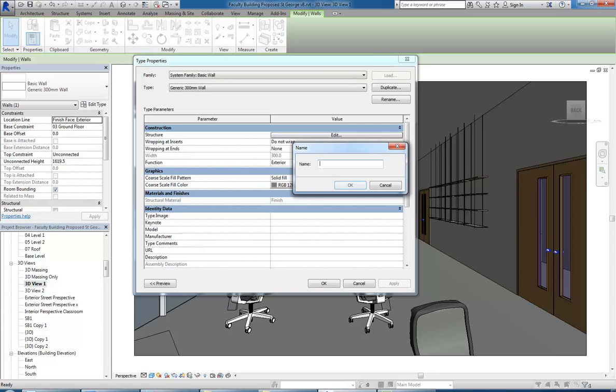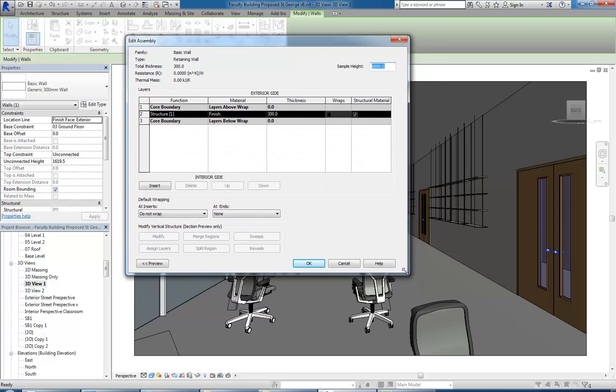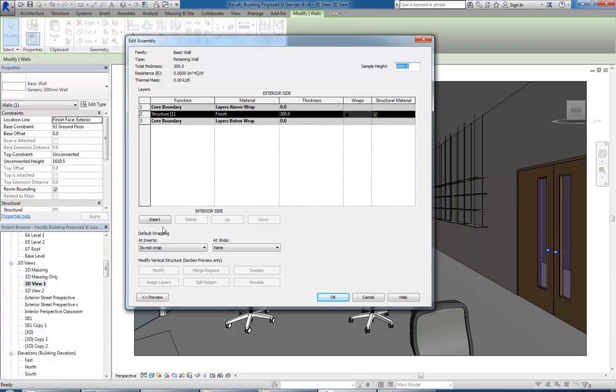Also, not even brick, I'm just going to call it retaining wall. I will make it brick, but I want to change it to a few different materials. So I'm just going to call that retaining wall for now. And then I'm going to go to Edit. And we've looked at this already, using the layers there to add in new components. I'm going to go to Insert